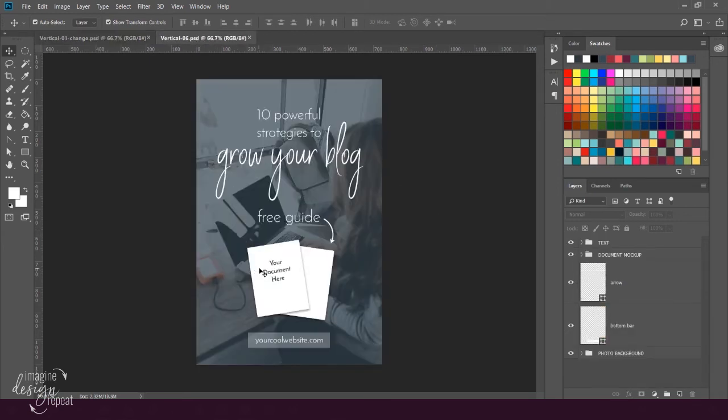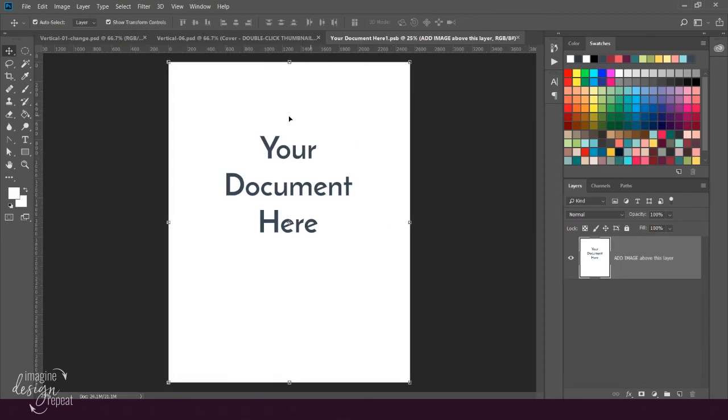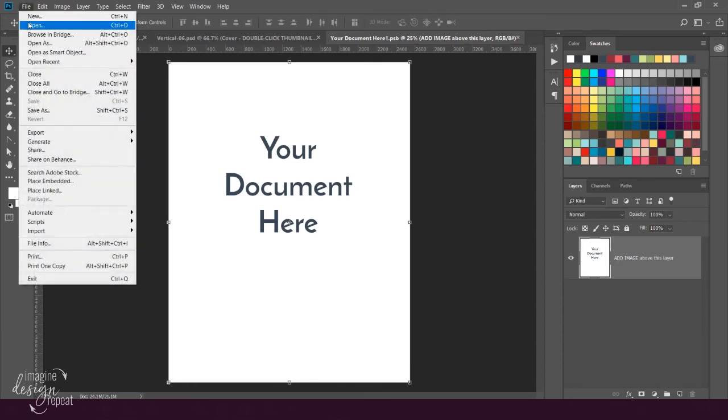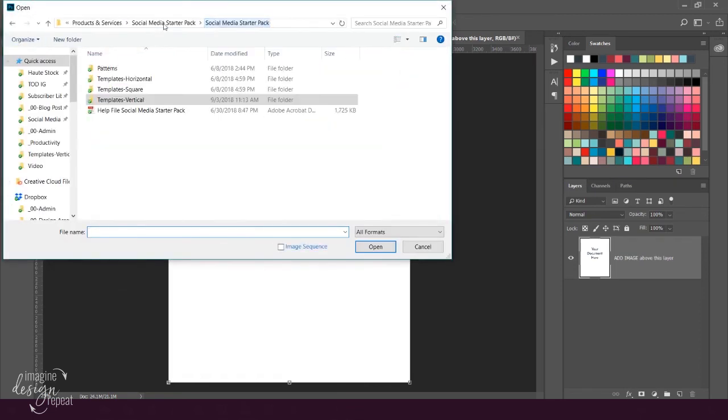So let's come back over here and we're going to use the same idea, but for a lead magnet, like a PDF lead magnet. So click on your lead magnet here and come over to your layers panel, and you want to double click like we did before. You want to double click on the cover, and it's going to open up a brand new document. So now I want to open up my PDF for my lead magnet in Photoshop. So I'll go to File, Open, go to wherever you have your PDF,